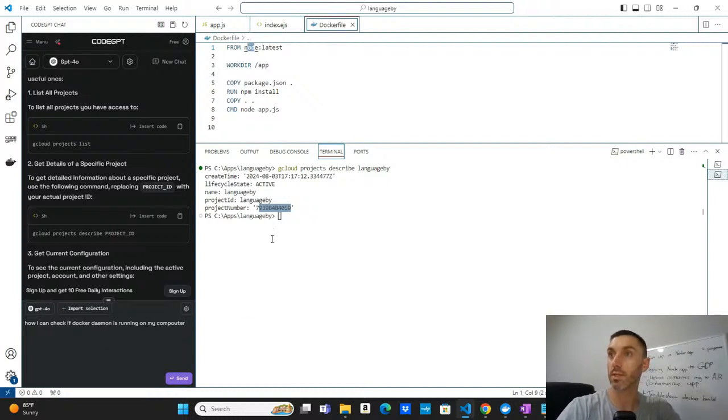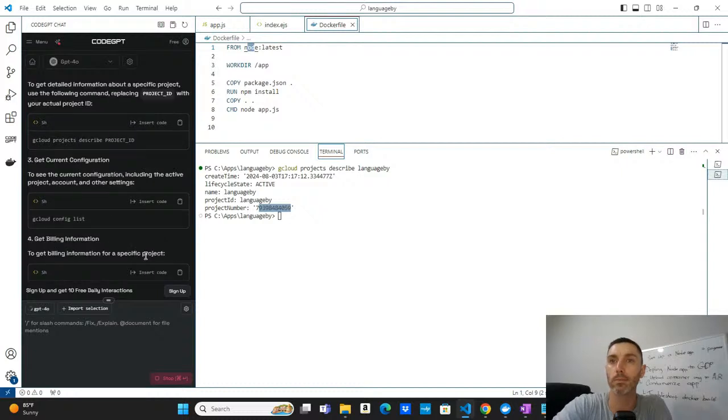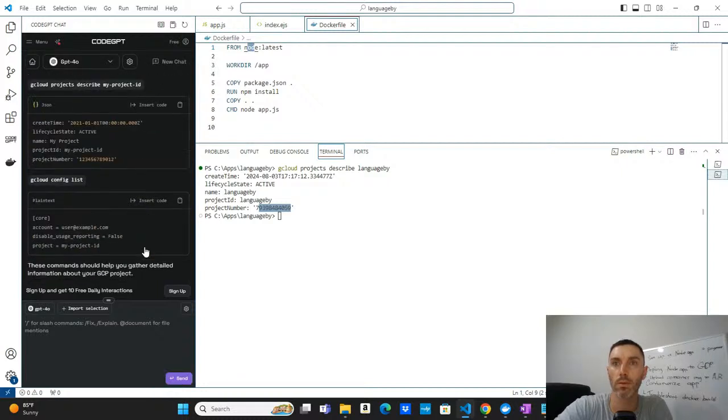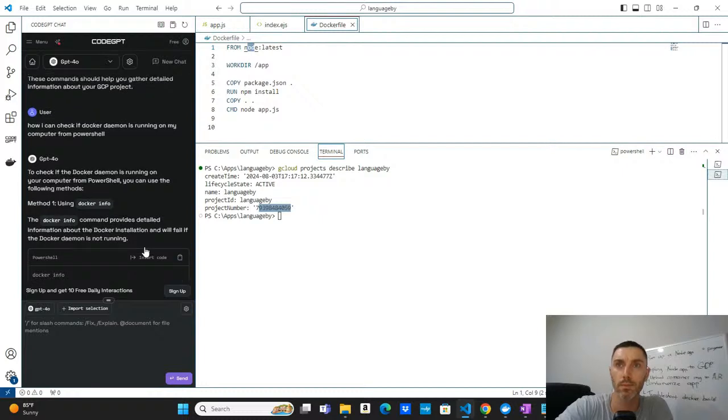And specifically, this terminal is using PowerShell, so I'm going to ask specifically from PowerShell. See what ChatGPT says. So ChatGPT says to check if the Docker daemon is running on your computer from PowerShell, you can use the